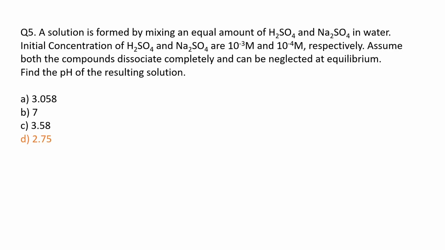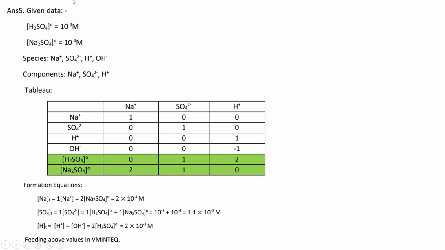We'll see the solution now. It is 2.75. So H2SO4 is 10 raised to power minus 3 molar and Na2SO4 is 10 raised to power minus 4 molar. These are the species and the components, and this is the W that was used to find out the component balance. So sodium total is